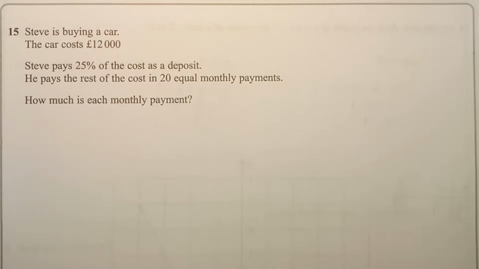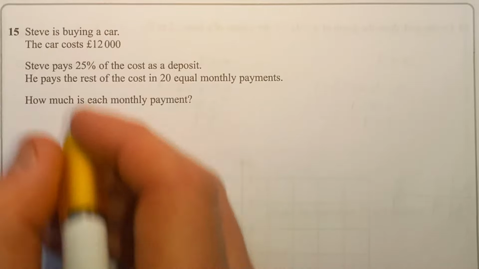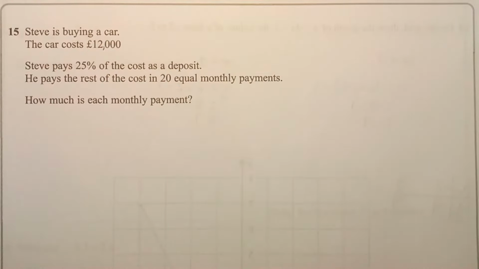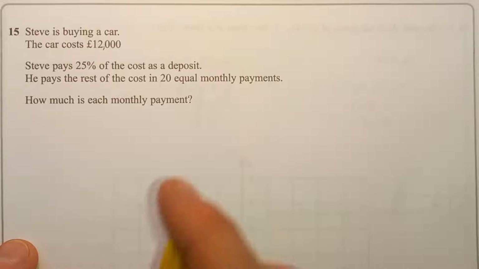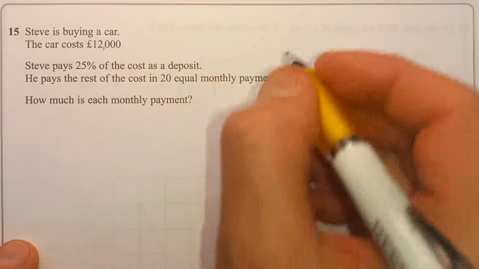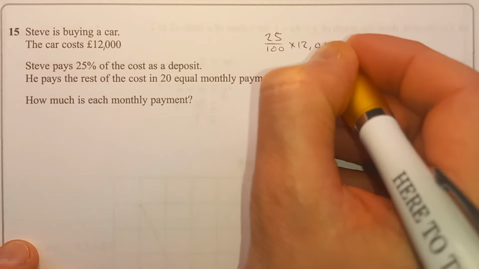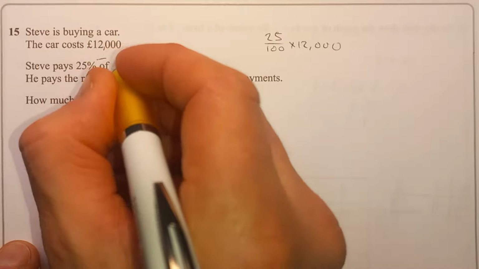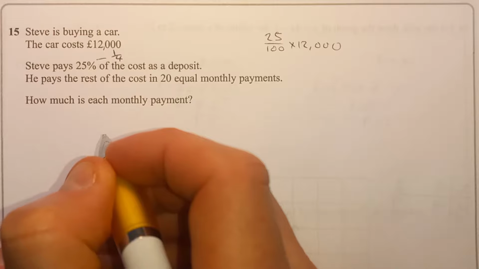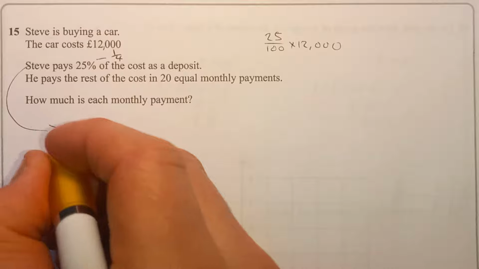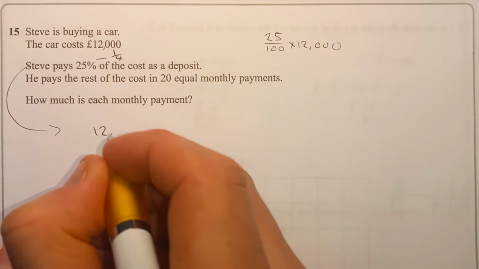Question 15. Steve is buying a car. The car costs £12,000. Steve pays 25% of the cost as a deposit. He pays the rest of the cost in 20 equal monthly payments. How much is each monthly payment? Well, 25%, we could do 25 out of 100 times 12,000. But I know that 25% is equal to a quarter. So I'm just going to do 12,000